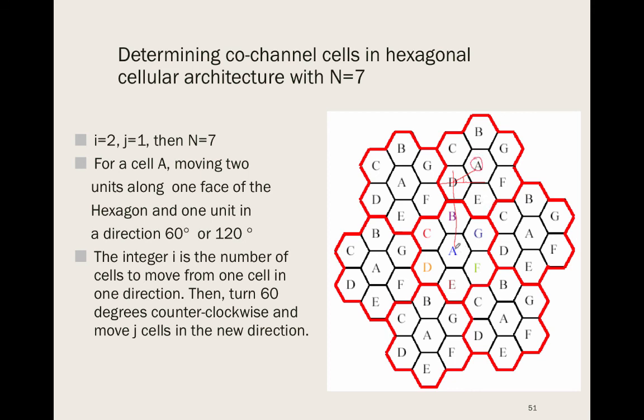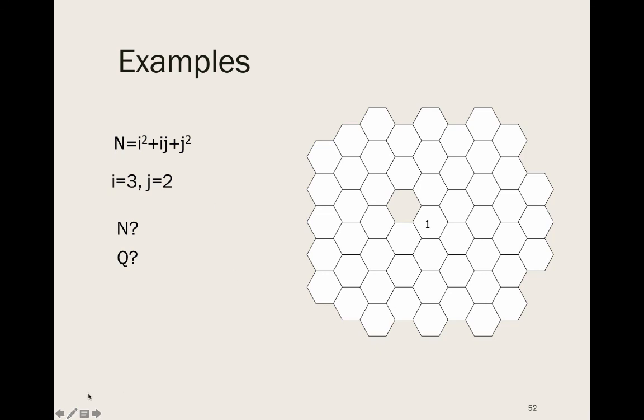If we go to the other side, like this side, for example, we go that way. That's 2 cells because i is 2, and 60 degrees anti-clockwise, so that would be A again. You can do the next one at home and try to fill in these cells with 1. If 1 is a frequency, find the co-channels in this picture based on i and j, and calculate Q as well. Let's say N is 7 as well.